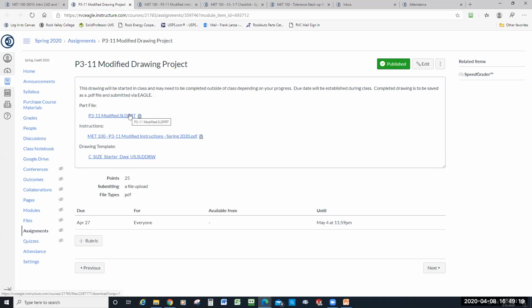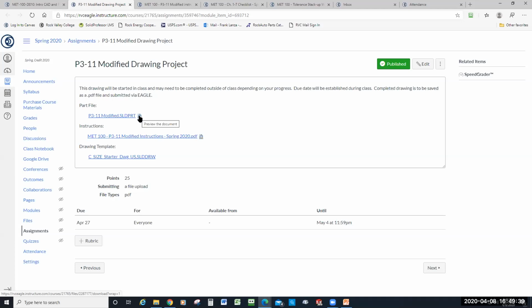The part file and the drawing file usually never change, but this one can change sometimes. And if I make a change to it and redo the link properly, you should see this icon at the end of the link. This one doesn't work